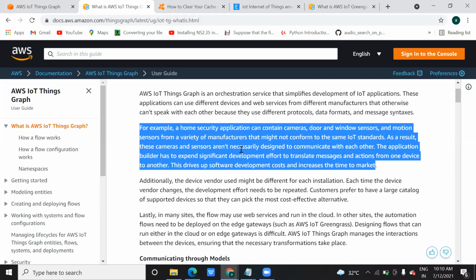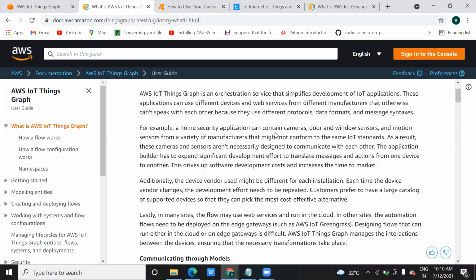Here they are saying the home security application contains a camera, door and window sensors, and motion sensors, a variety of sensors from different manufacturers. So how do these different components communicate with each other to make a complete flow?